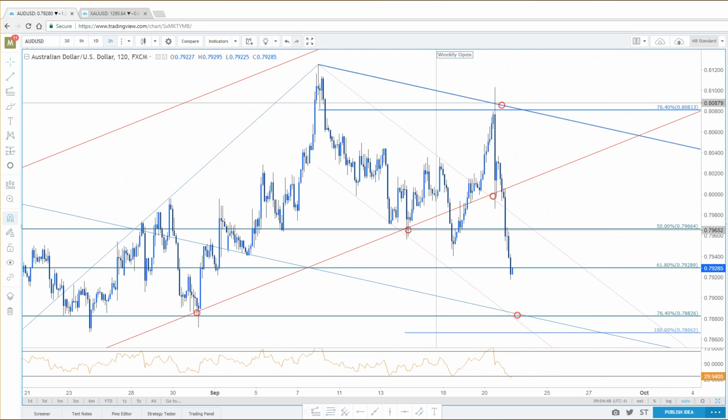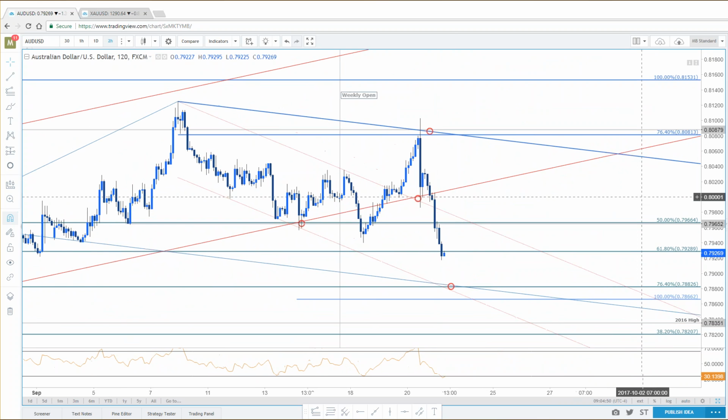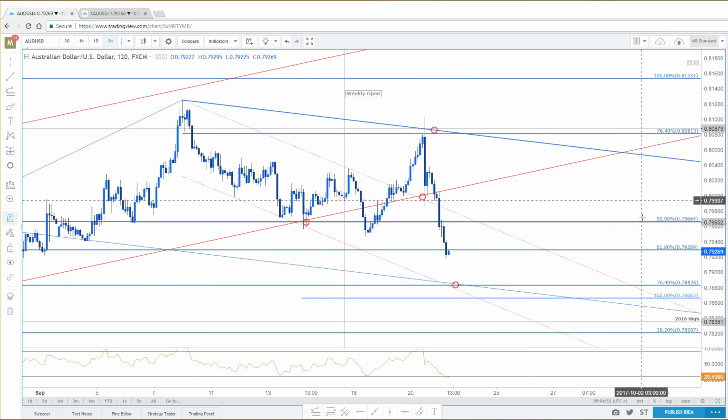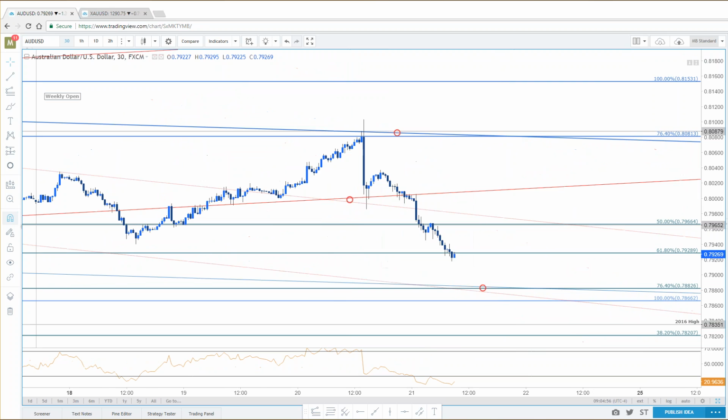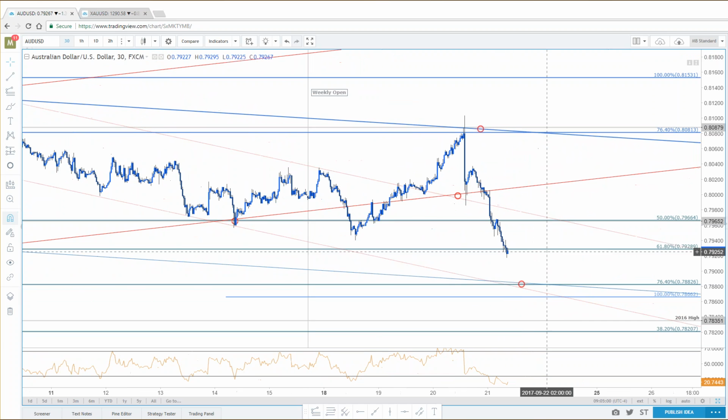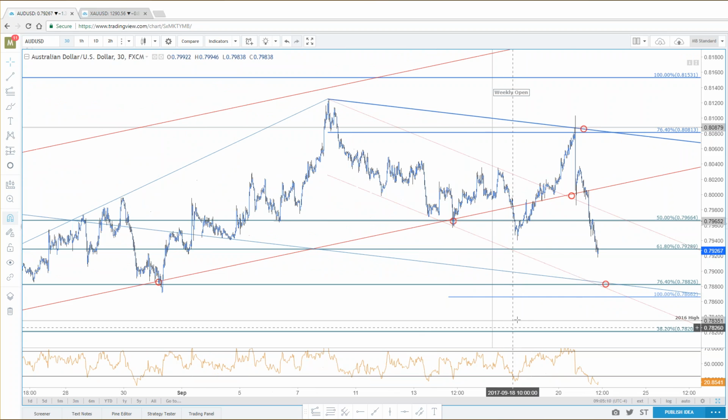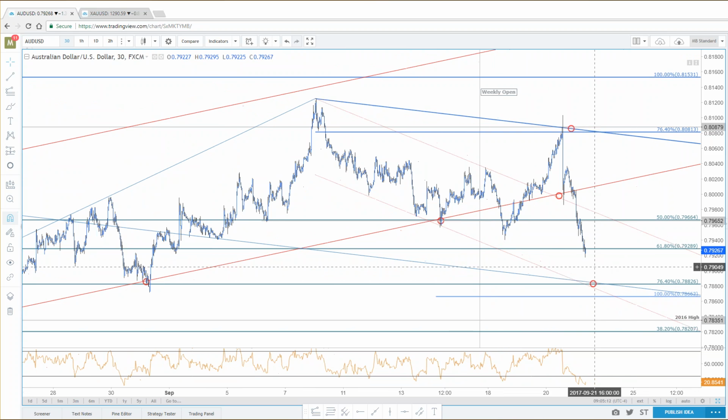What can I say on Aussie? Again, another one with which, if you're not already in, I don't necessarily see a position here that we can jump into already. If you are already in, it's the 618. I'd do something. Take something off the table, bring your stops in, look for the extension push into 78.82. That would be the next level of which I would expect to see a little bit more of a stringent hold on support.